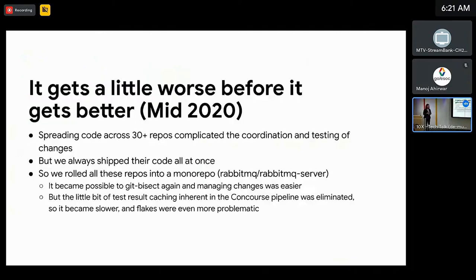It actually got a little worse before it got better. So we're getting into mid-2020 here. So we had the code in those 30 repositories. And why did we have that? So Erlang programs